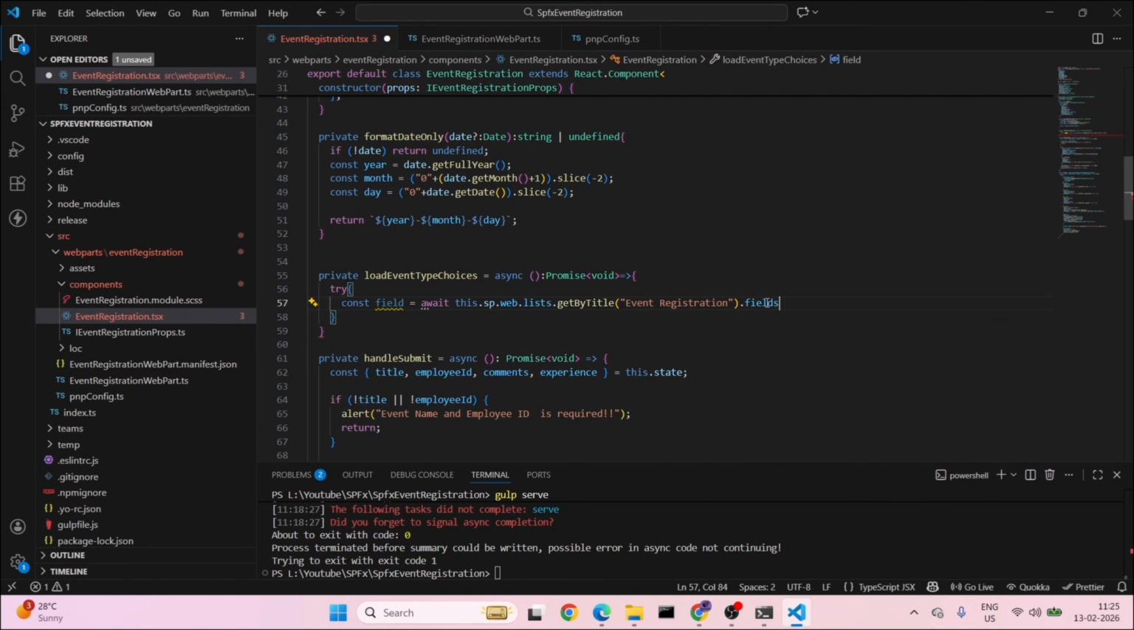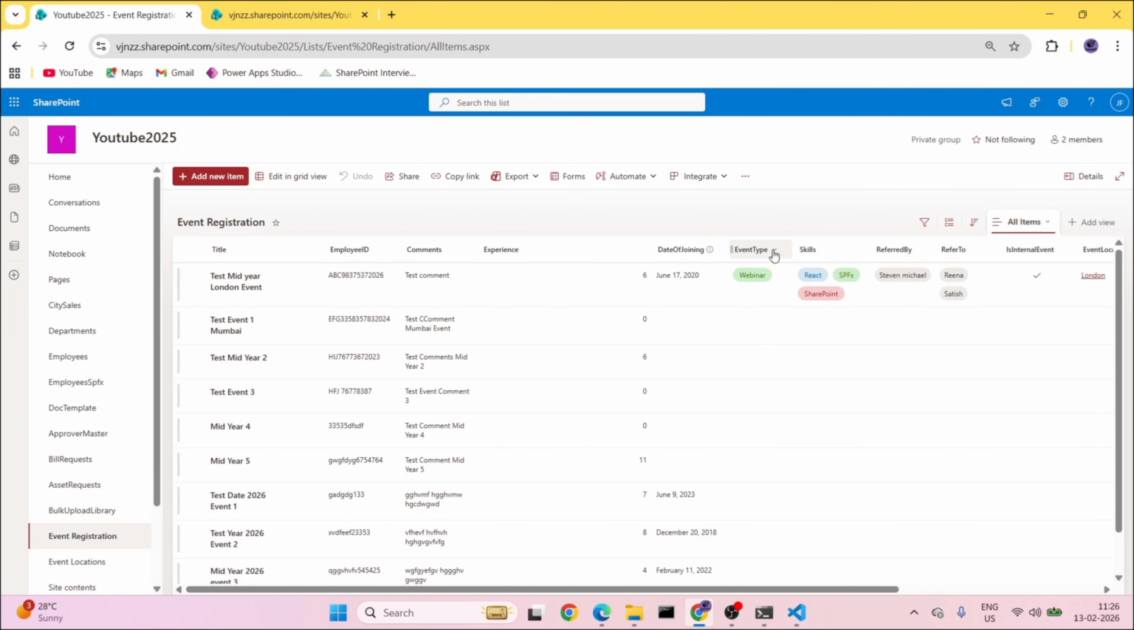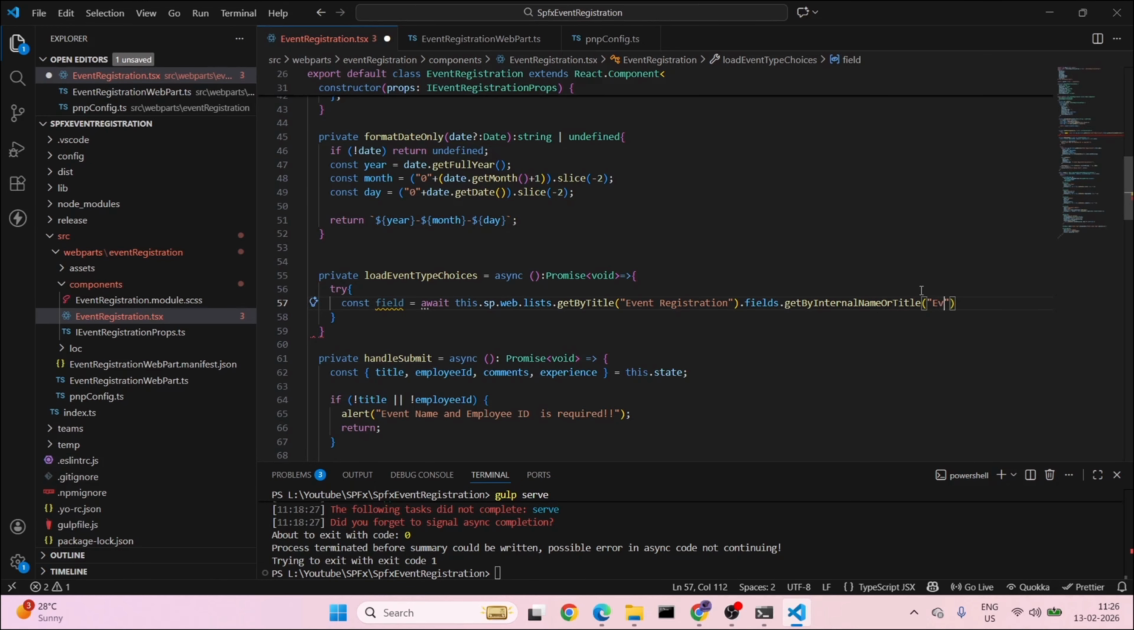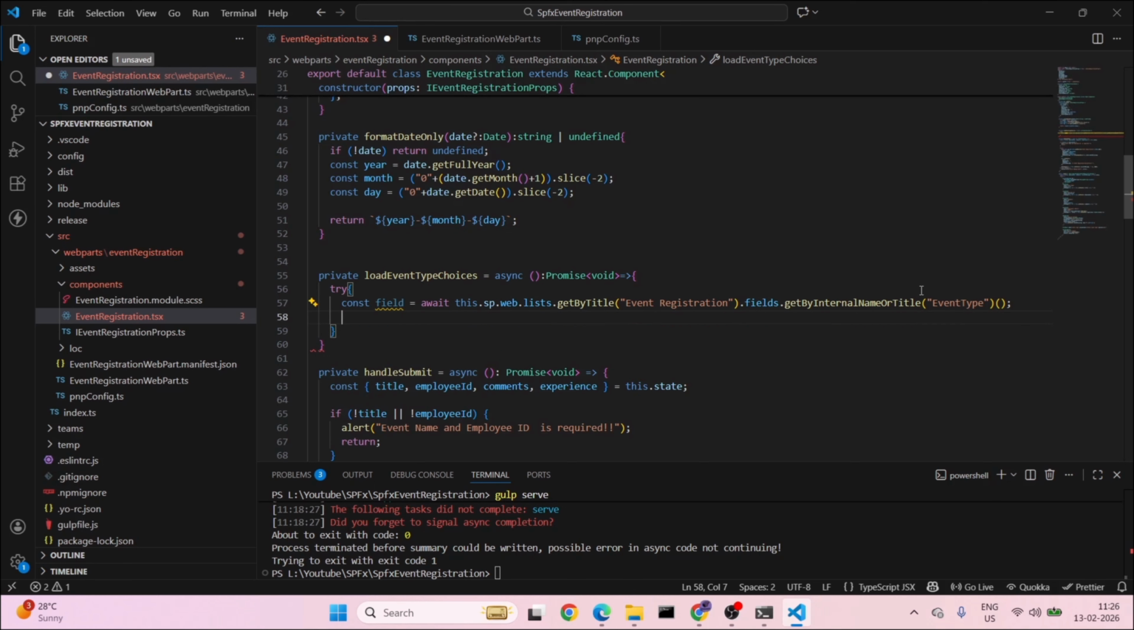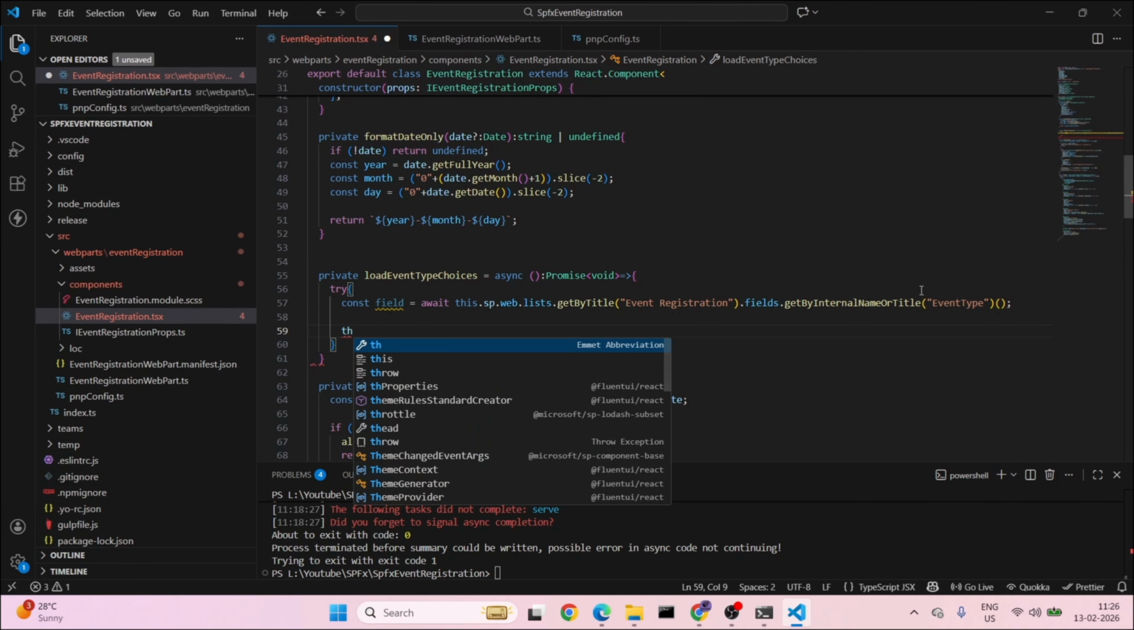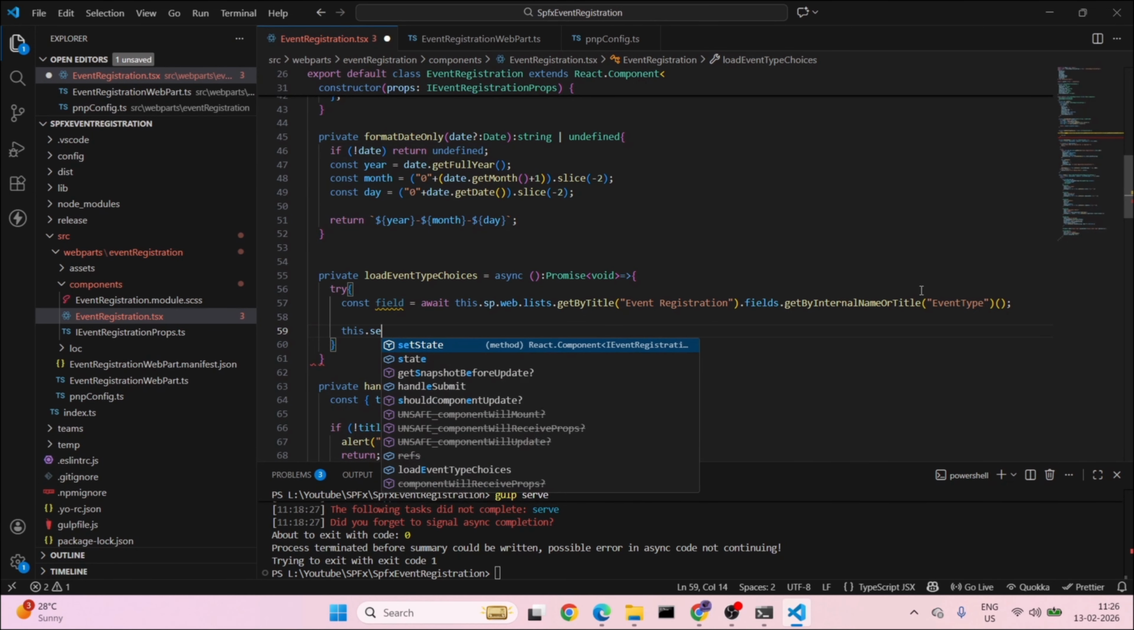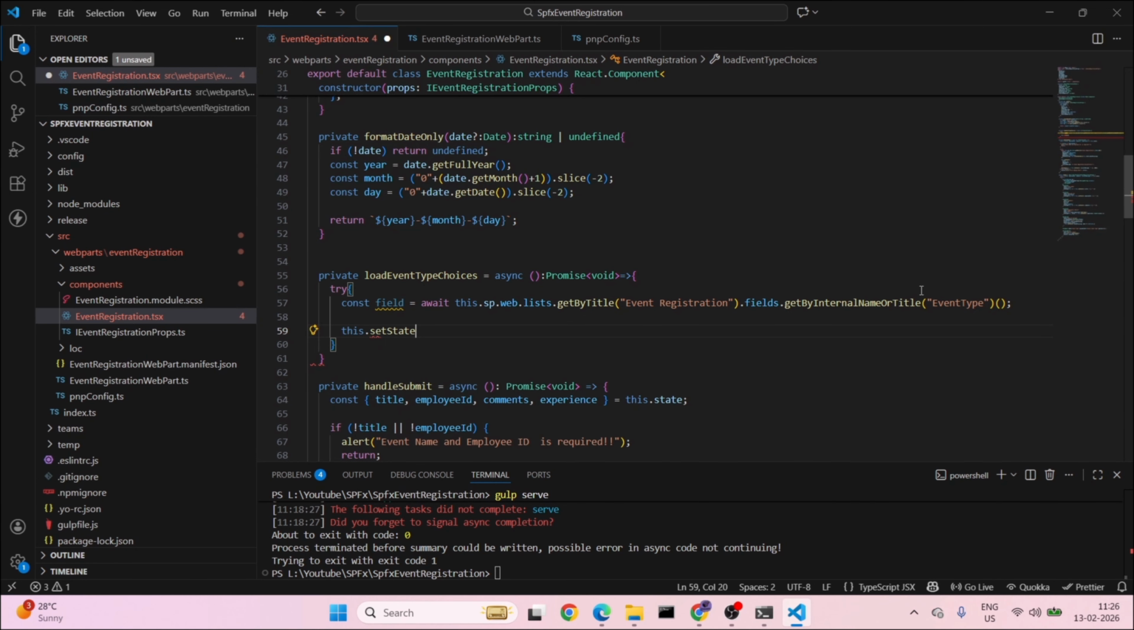Dot fields dot getByInternalNameOrTitle. We have the name of our column as event type. So get this event type and add it here, and copy paste it. This dot setState,